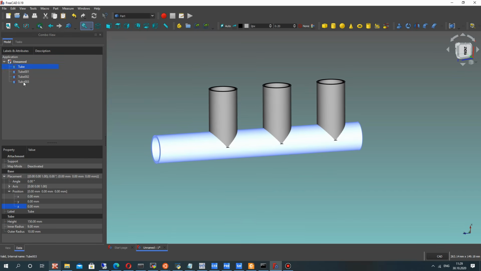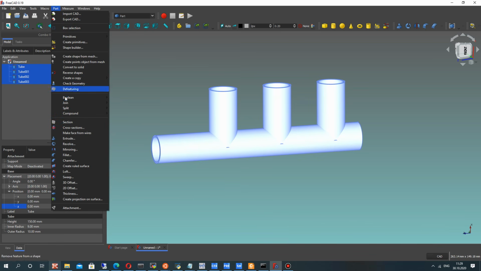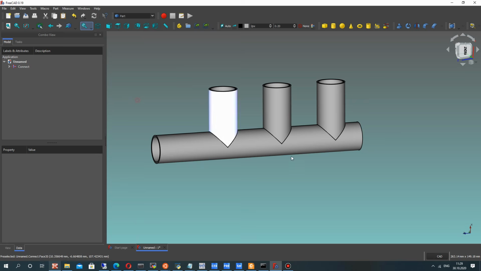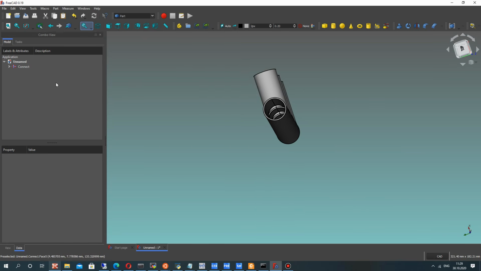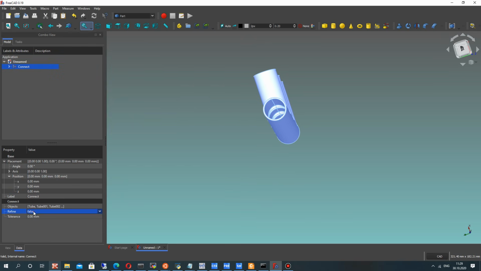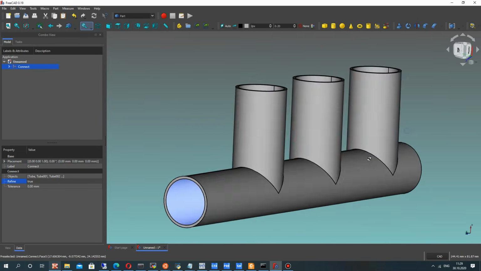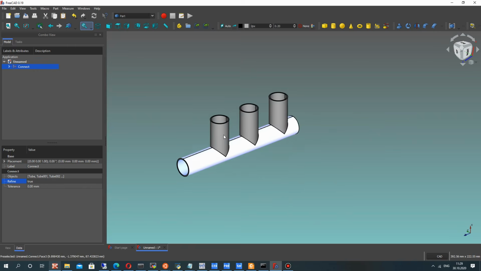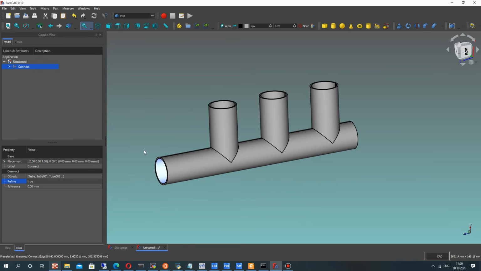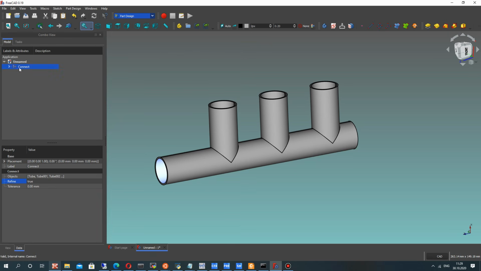Okay, and let's choose all these tubes and make the join operation and connect these pipes. Okay, as you can see we have connected these pipes, and if we set refine to true, we will delete some artifacts with edges where the pipes intersect. Okay, and the next step is let's go to the PartDesign Workbench